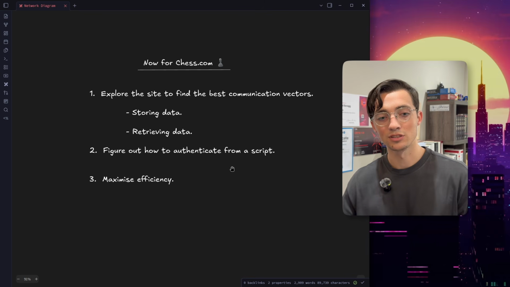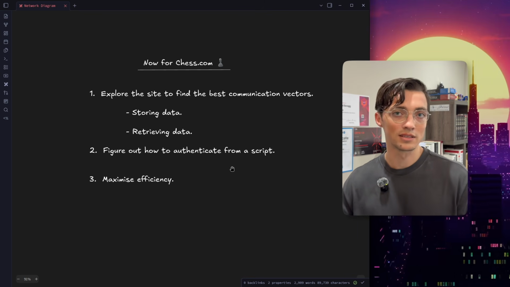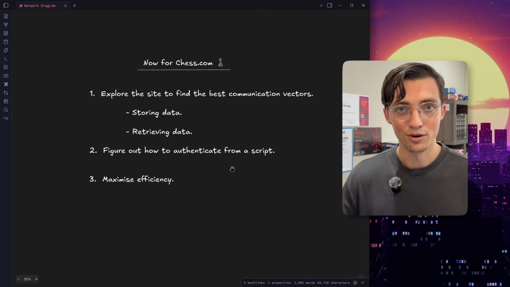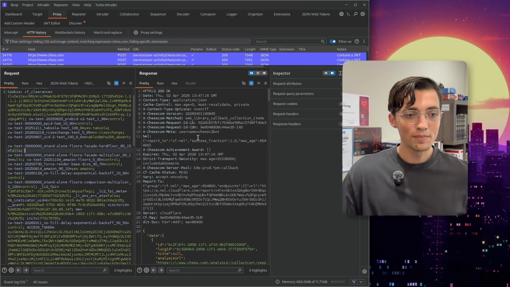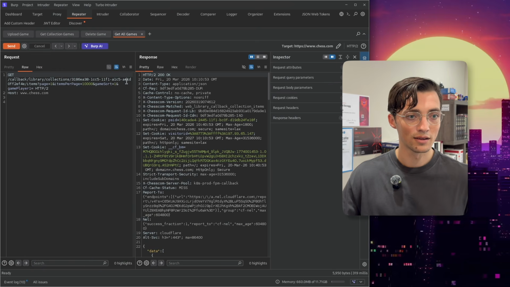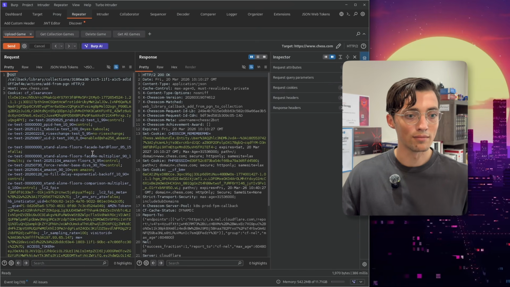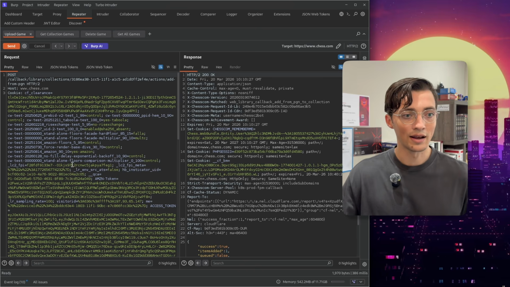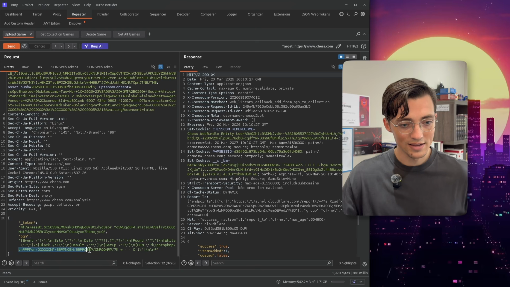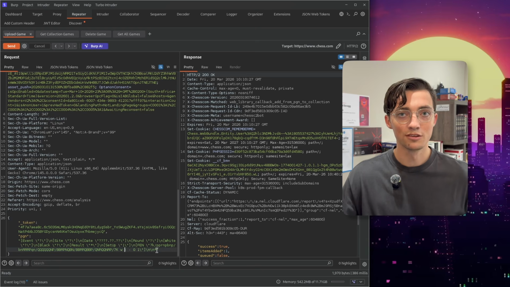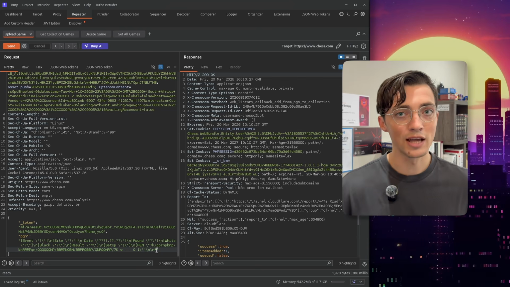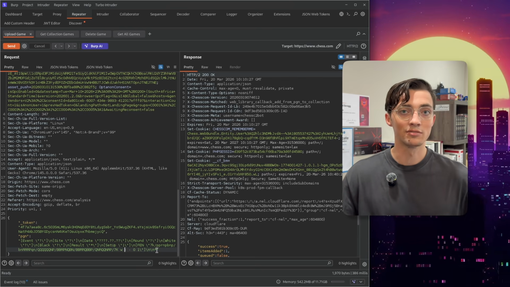And then to maximize efficiency, this is not only to bypass rate limiting, but also to upload data at a sufficient rate that we wouldn't have this insane lag, even though we do have insane lag at the end of the day. We need to be able to upload multiple games and download multiple games all at once. I think in my repeater tab I have here, we have upload game. This is the request that allows us to upload a game to chess.com through our script. And as we can see here, we have this text format once again. Fortunately, this request can take multiple games all at once. So we can upload a maximum of 100 games in one request,